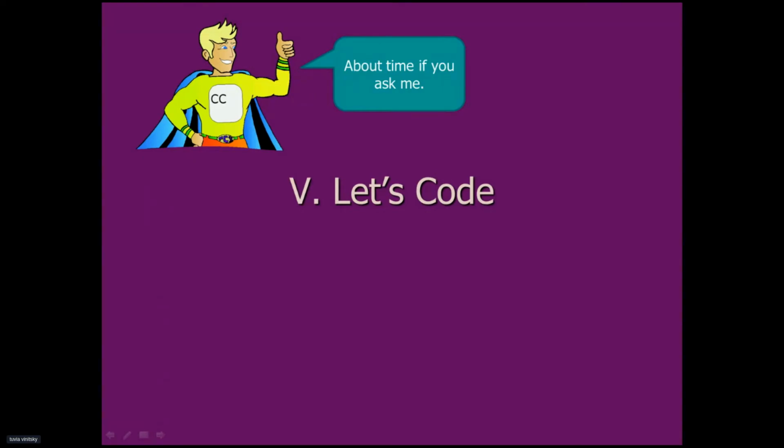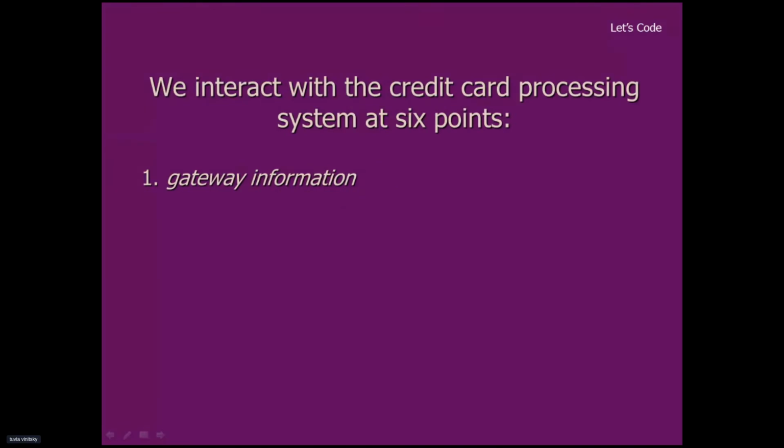Now we've got a whole lot of information that we're pumping into our brains here. Well, let's write a little code. In order to develop an actual coding system, we have to realize that we interact as developers with the credit card processing system at 6 different points. The first point is gateway information. In order to use a gateway,